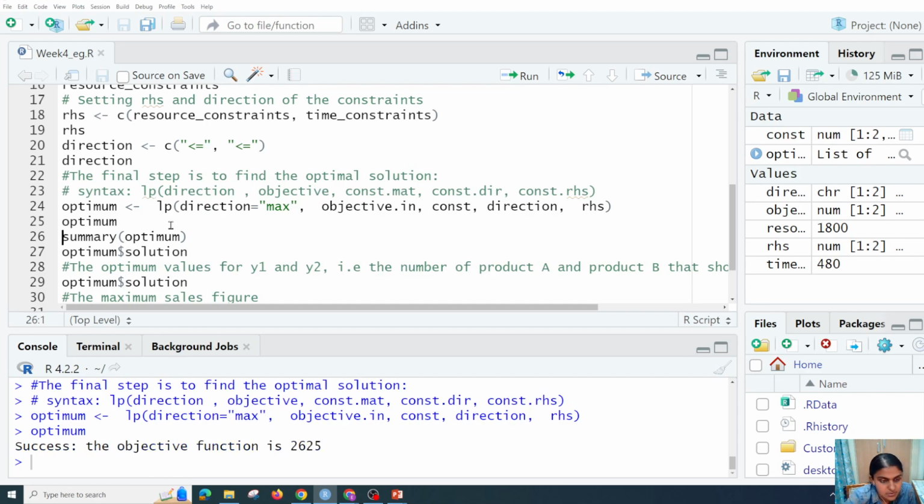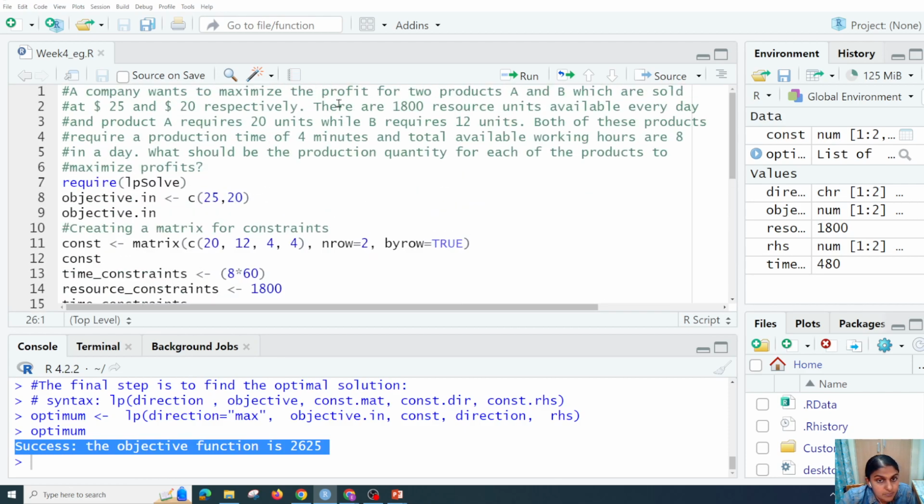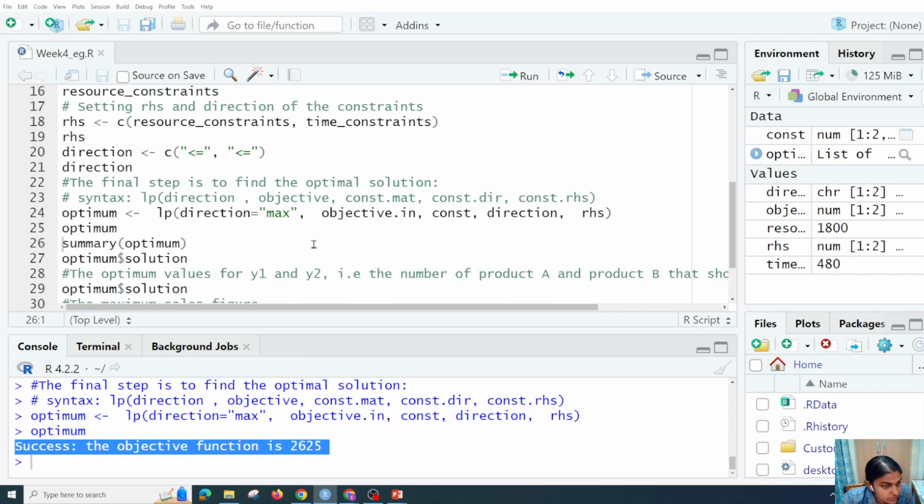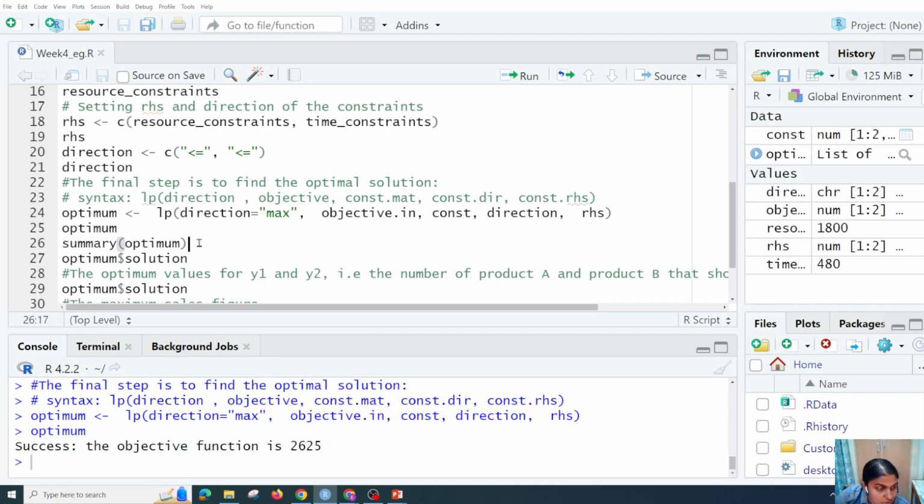So the optimum will give the maximum. This is a maximization problem, so the objective function answer will be 2625, which is the maximum profit obtained with the constraints which are given. In this particular object we can see many different characteristics of the optimum solution. If you want to find the values of y1 and y2 for maximizing the profit, which is 2625,